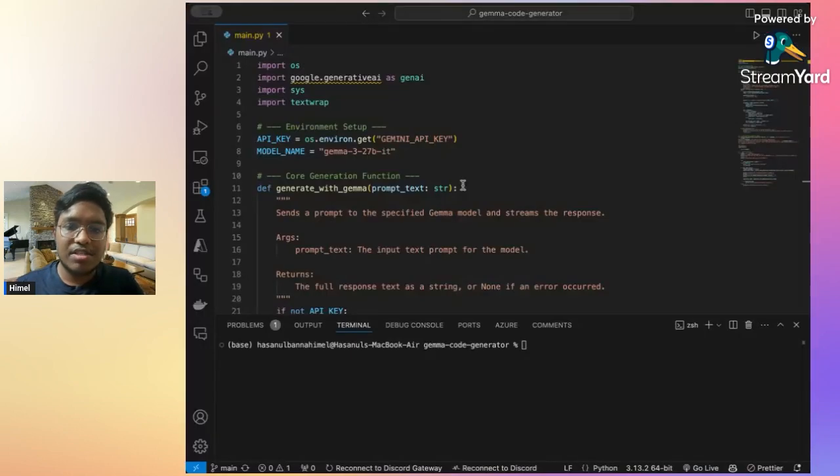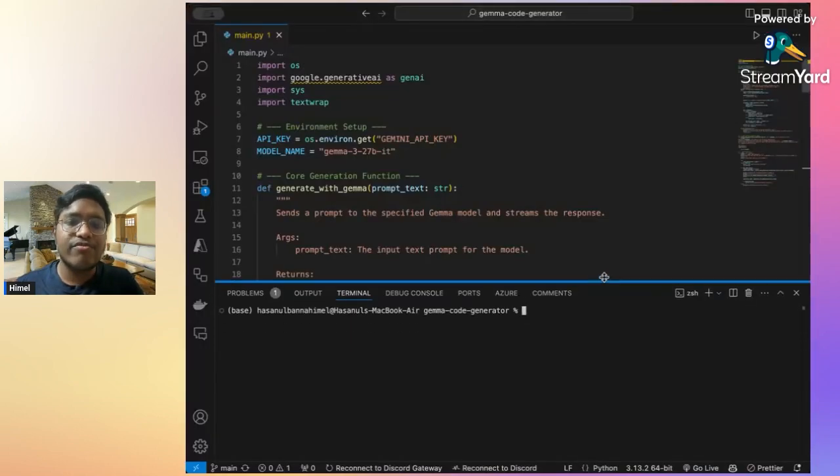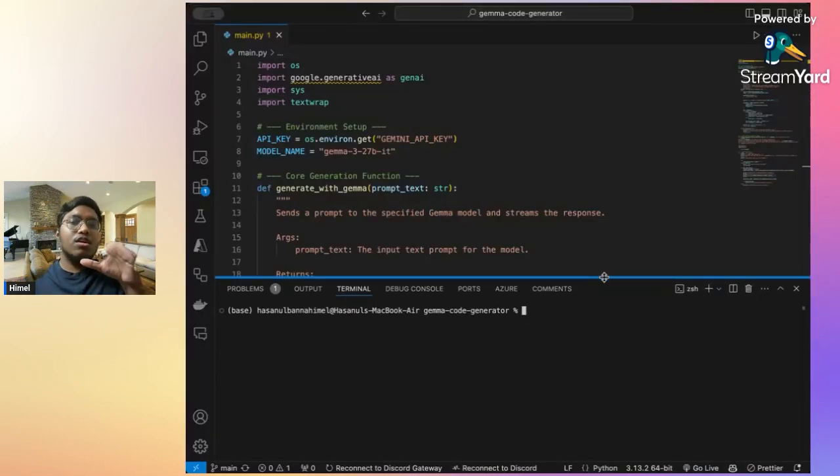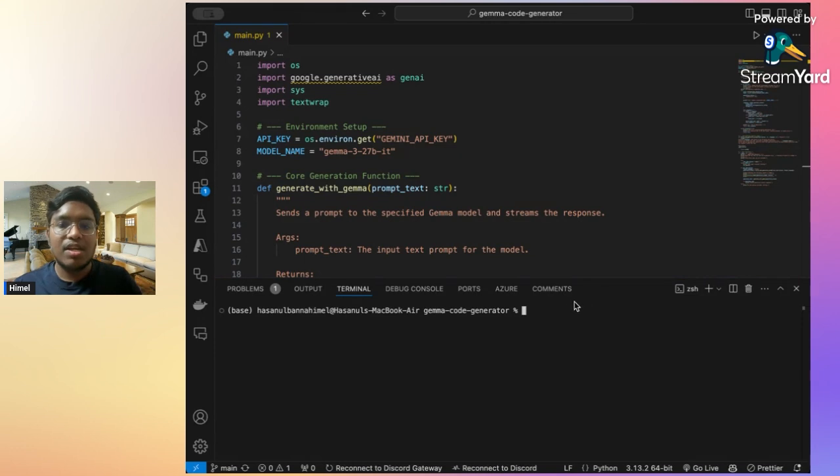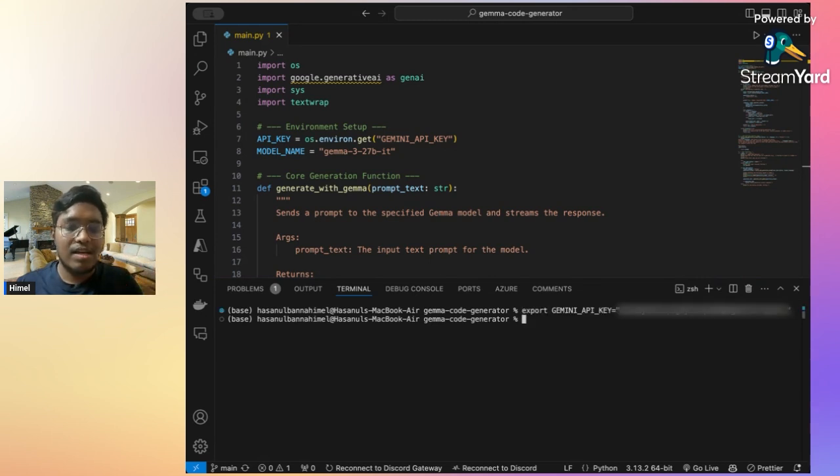Now you can see here at first how to run this code. You can find the full walkthrough in my GitHub readme page. At first, let me run this. We will run our export, our Gemini key. Now, what we will do is we will run the script python